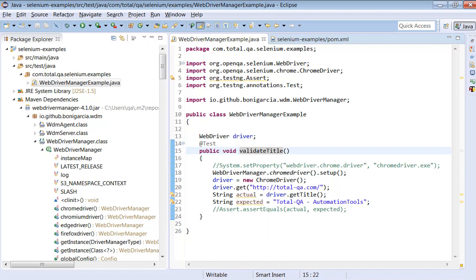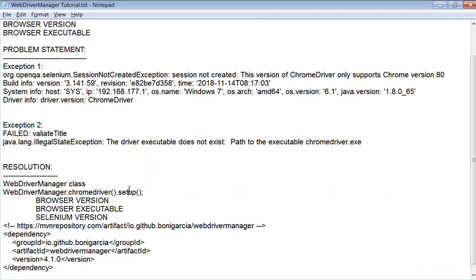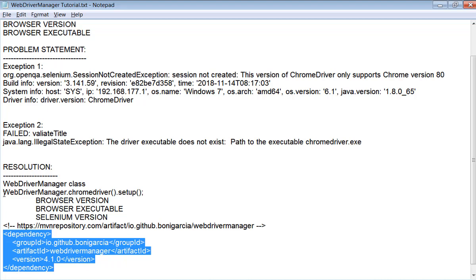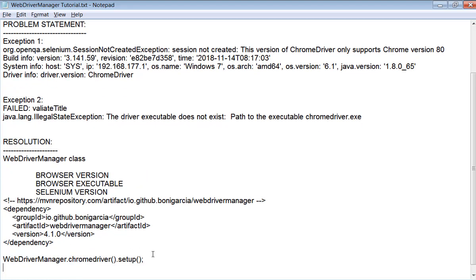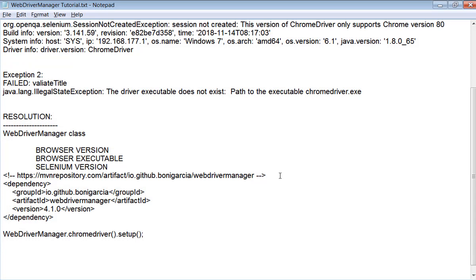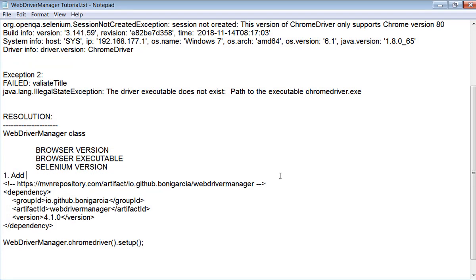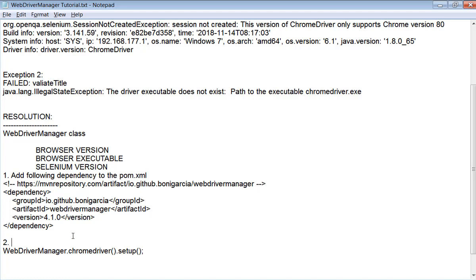It's very simple. How many steps we have? Here, we look at here, we have only one step. Add this executable file and try to write this line of statement. So I'll mention here how many steps we have to follow now. 2 steps. First step is, let me write it down here. First step is add the following dependency to the pom.xml file, and second one you have to add following statement before instantiate the driver.